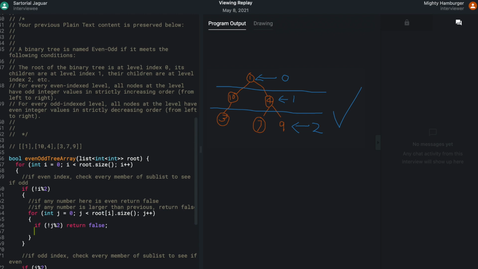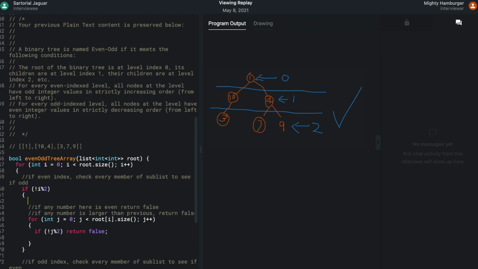So I'm going to actually have a starter. What are the restrictions on these numbers? Can they be negatives? That's a good question. They can be negative. Okay, so what is the smallest and largest value they can be? The smallest would be negative 10 to the 6, and the largest would also be 10 to the 6 positive.